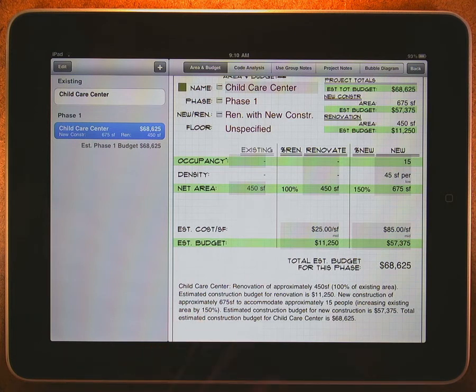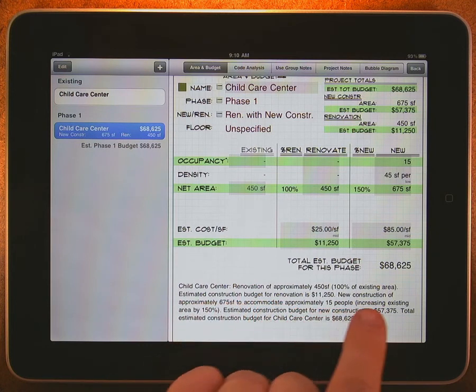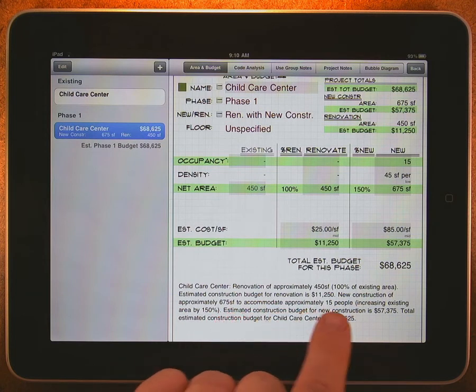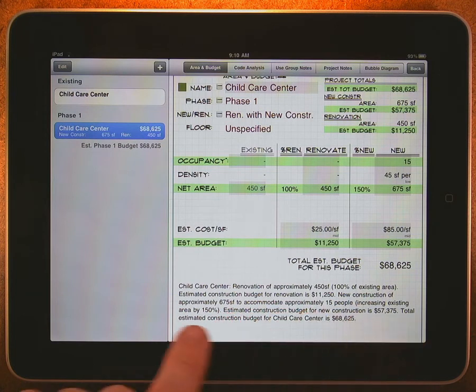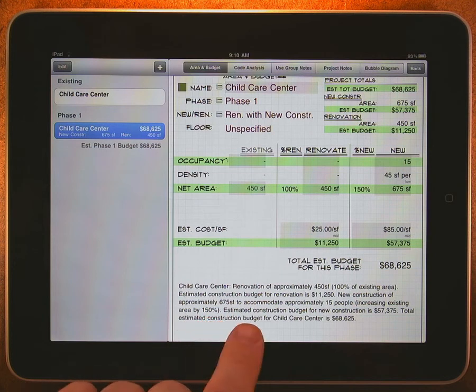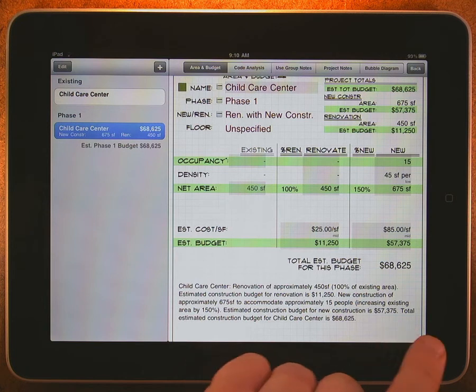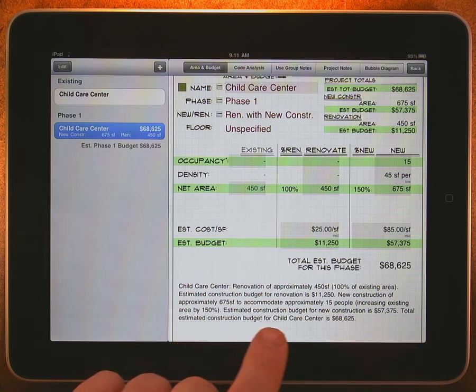So our scope text now reads, Child Care Center, renovation of approximately 450 square feet, 100% of existing area. Estimated construction budget for renovation is $11,250. New construction of approximately 675 square feet to accommodate approximately 15 people, increasing existing area by 150%. Estimated construction budget for new construction is $57,375. Total estimated construction budget for Child Care Center is